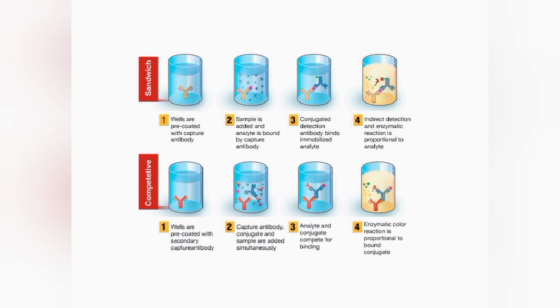In competitive ELISA, the SARS-CoV-2 antigen is pre-incubated with a primary antibody and then added to a well coated with a secondary antibody, along with an enzyme-conjugated antigen that competes with the sample antigen for binding with the primary antibody. The more SARS antigen in the sample, the less conjugated antigen will be bound and the lower the signal will be.